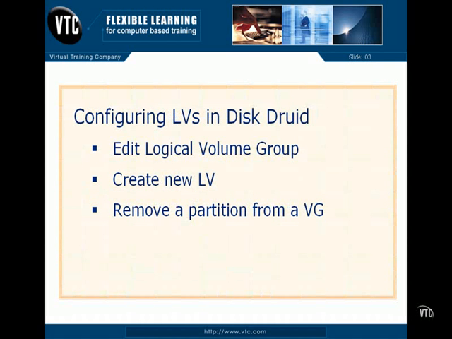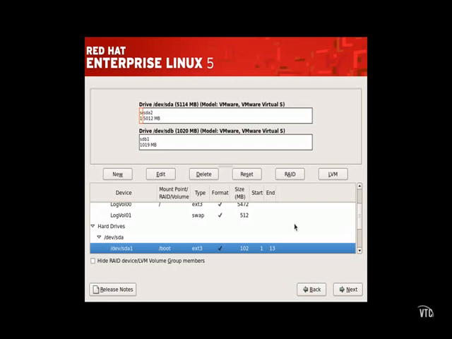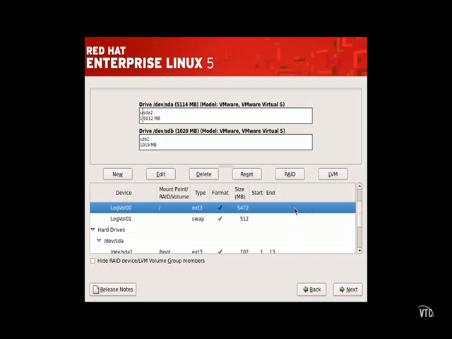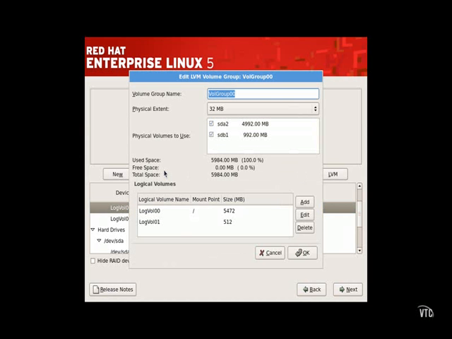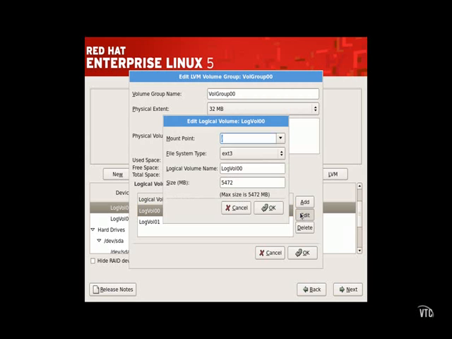Now let's try a scenario. Let's say you're told to set up a top-level root directory of 2 GB and a home directory in a logical volume of 1 GB. Right now we have more than enough space allocated to the top-level root directory, so let's edit that down. When you click Edit and highlight the appropriate logical volume, you're taken to the governing volume group. Let's edit the logical volume and make sure it has just 2 GB of space, which is also 2000 megabytes